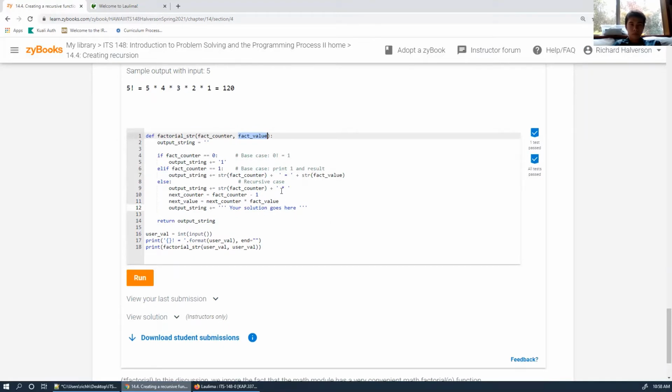So it's going to decrement the fact counter by 1, and then it's going to do the actual multiplication. It's going to take this value and multiply it by this. So this is going to be 4. This is going to be 4 factorial, whatever this is, and then this is going to multiply it. This is the last case. It's going to multiply it by the 5, and then the next value is, let's see, the 5. Well, okay, so output string is